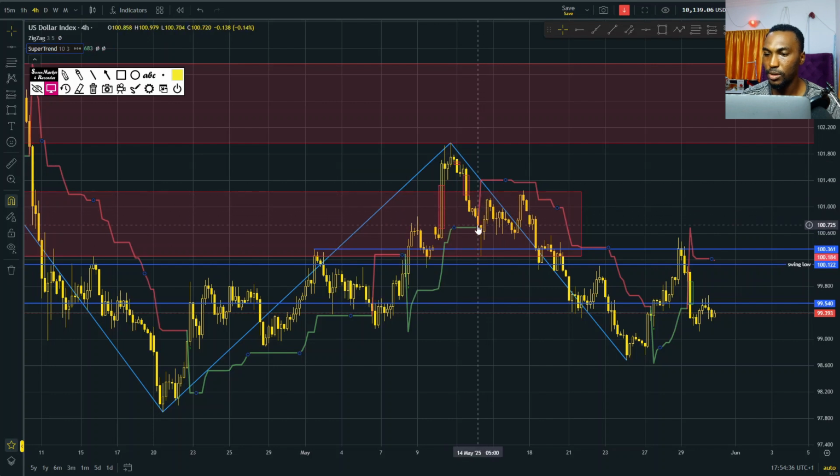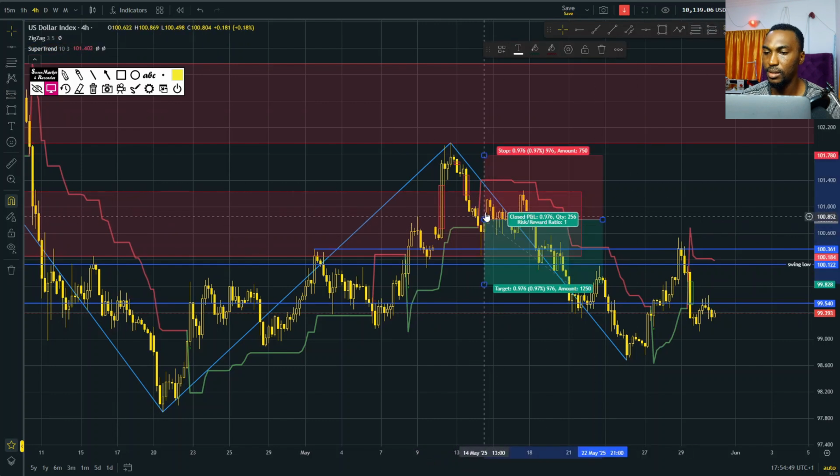As soon as it crosses this line, which is actually a trend line, if you draw a trend line here, you will notice that this is the candle that actually broke the trend line. So as soon as it breaks, I can then finally agree that okay, this seems like a good enough reason to trade this market.